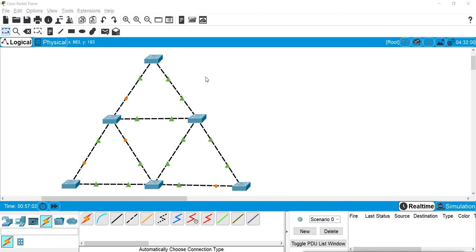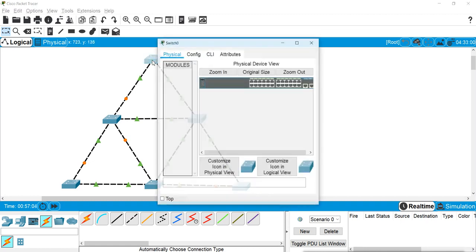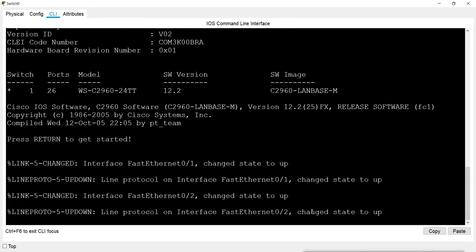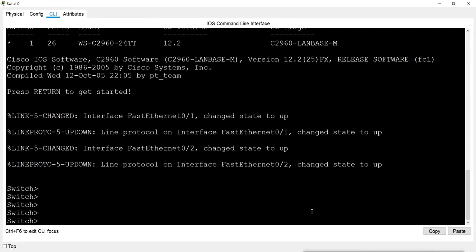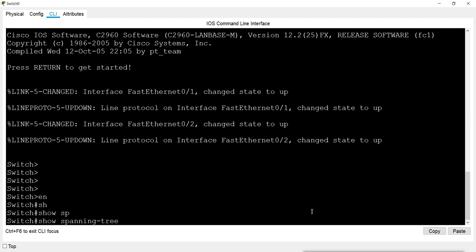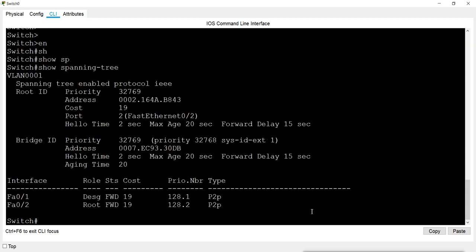So I'll go to this switch first and open the CMD here, and to check it I will run the show spanning-tree command in privilege mode, and when I run this command it will show me the information about spanning tree.